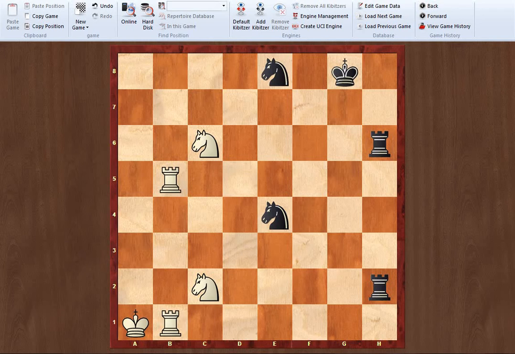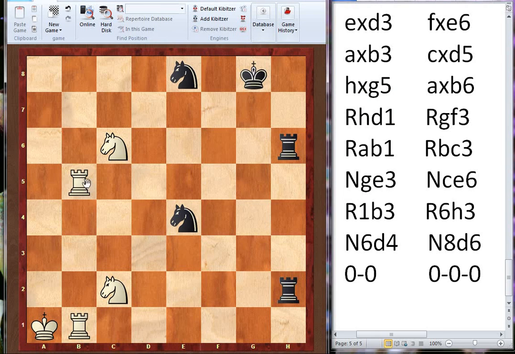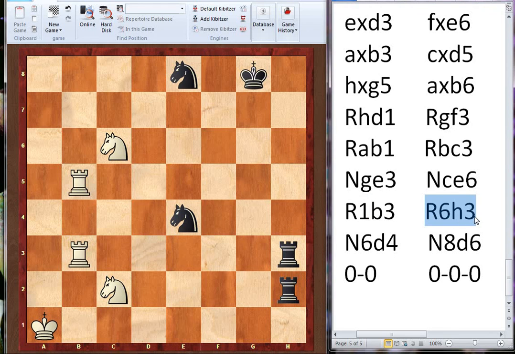Now sometimes both the pieces are on a single file also. So now what to do? For example, if this rook moves here and we write rook B B3, still the reader will be confused which rook moved here. So at some times we have to give the reference of the rank, like rook 1 B3. That means the rook on first rank moved to the square B3. Suppose this rook comes to this square, so he came from the 6th rank. So we write rook 6 H3.